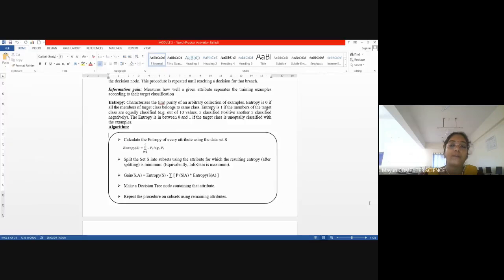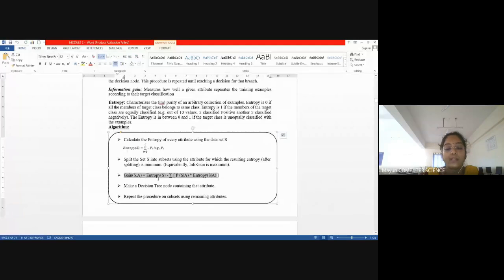Further, I will look into the values of the respective attribute, so that if any one of the values is fully classified with a particular yes or no with respect to the target concept, the last column, I can construct the branches of that attribute in that way. Before I calculate info gain, this is the info gain formula. S represents your complete sample. A represents the attribute whose info gain is calculated. Out of 4 attributes, I might be calculating one attribute's info gain at a time, with respect to the complete samples.